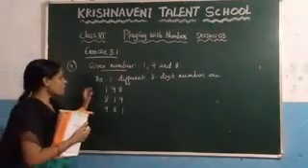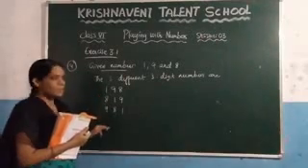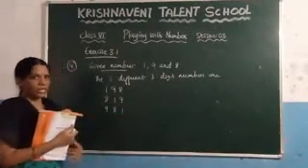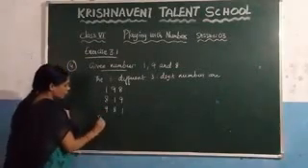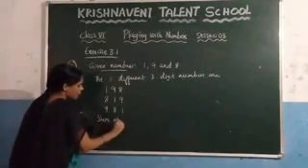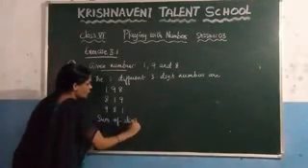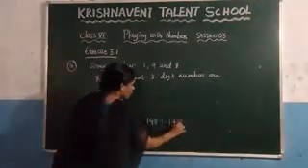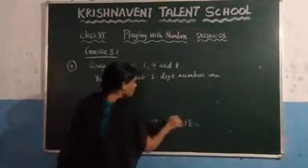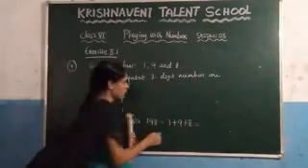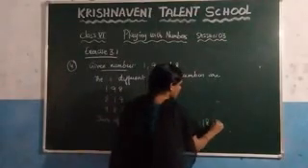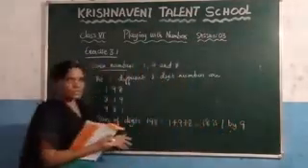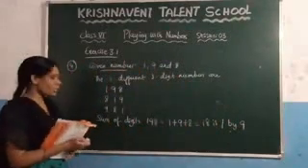Now they ask you to check whether these 3 numbers are divisible by 9 or not. So what is the divisibility rule for 9? For the divisibility rule for 9, you need to take the sum of the digits, right? For the first number 198, the sum of the digits is 1 plus 9 plus 8, which is 18, and this 18 is divisible by 9. You need to check whether the sum of the digits is divisible by 9 or not.